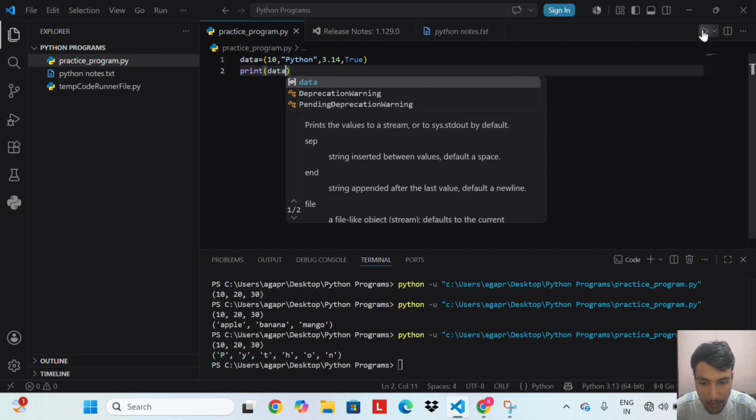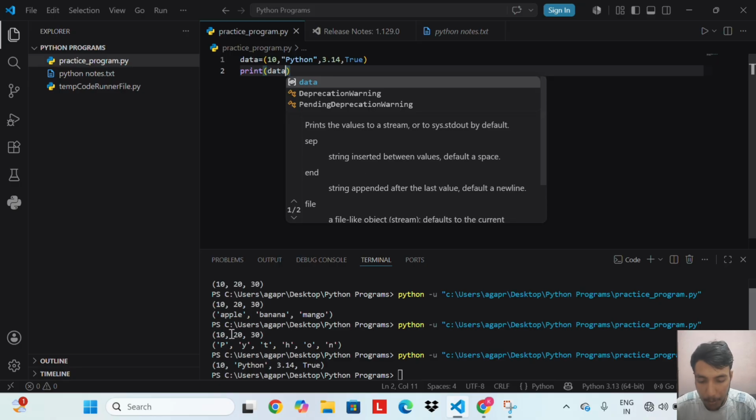Let's run this code. We get output 10, Python, 3.14 and True. Just like a list, a tuple can store different data types together in the same collection. Here we have an integer 10, a string Python, a float 3.14 and a boolean True, all in one tuple. Python handles all of them without any issue.